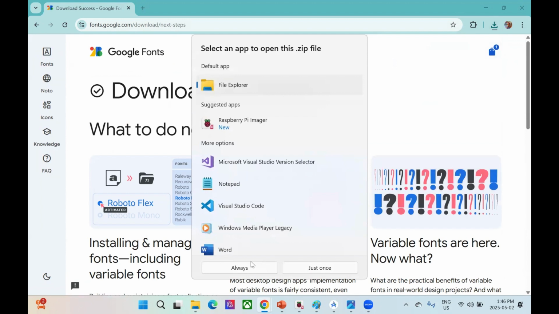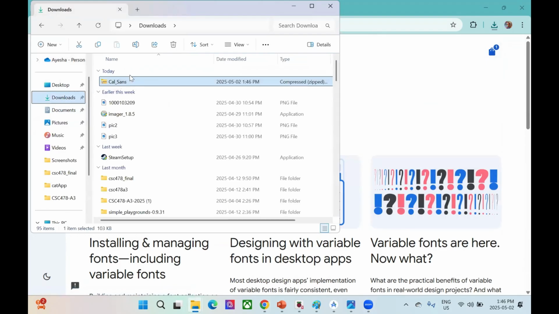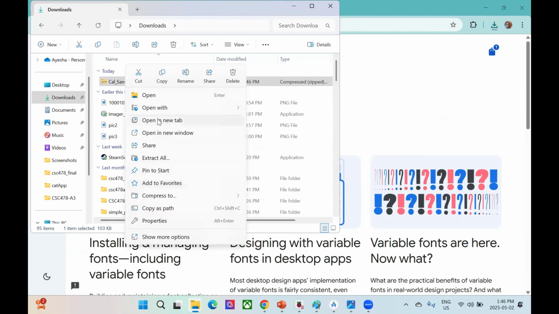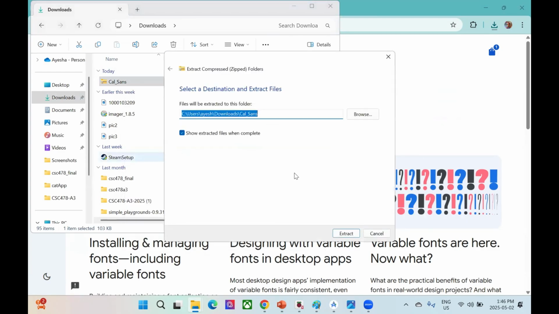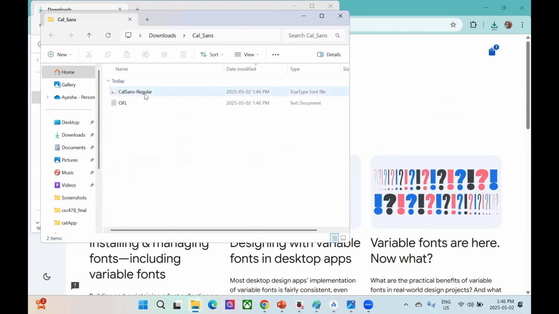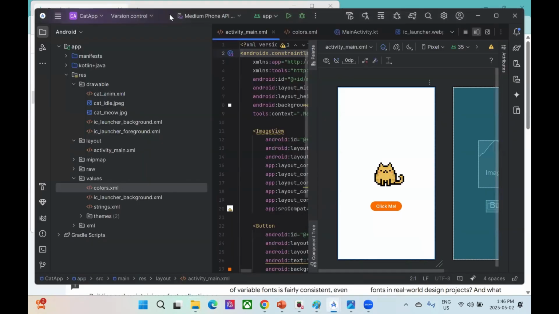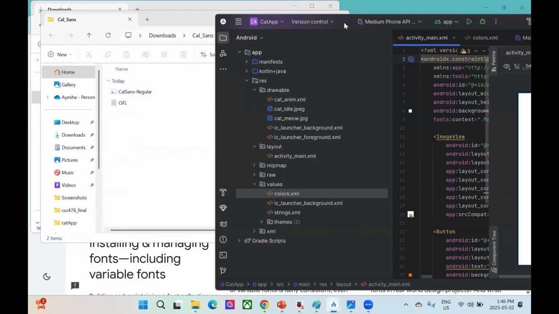It'll show up in my zip folder. I actually go back to my Downloads folder and do a right click on here. You'll see the option to click on Extract All. And once that's extracted, you can see that we have this font file over here. So I'm going to do what I like to do best, and that is the drag and drop option. So we can simply drag this and drop it into